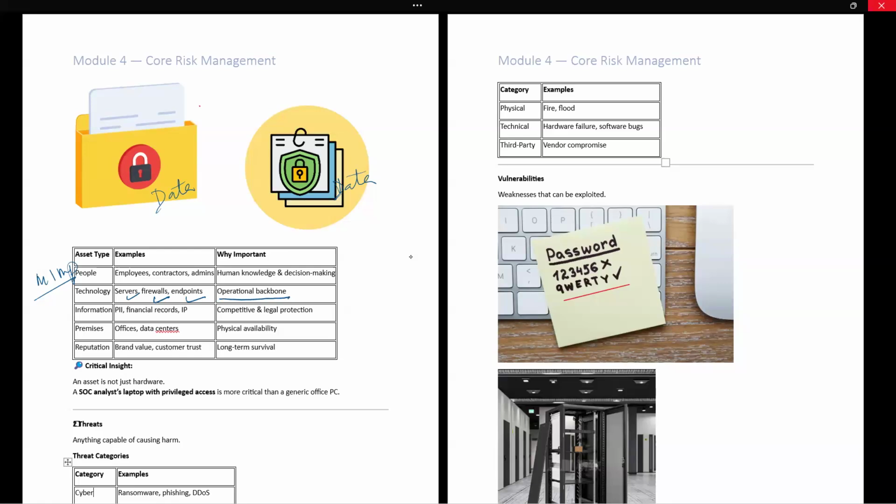So this is some information where personal information about people, financial records, IP, intellectual property, means if you have any patent, you have any copyrights, you have something which you have created by your own,